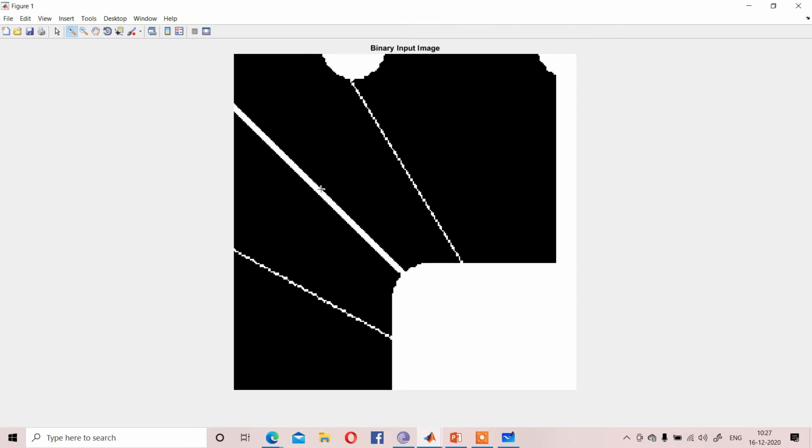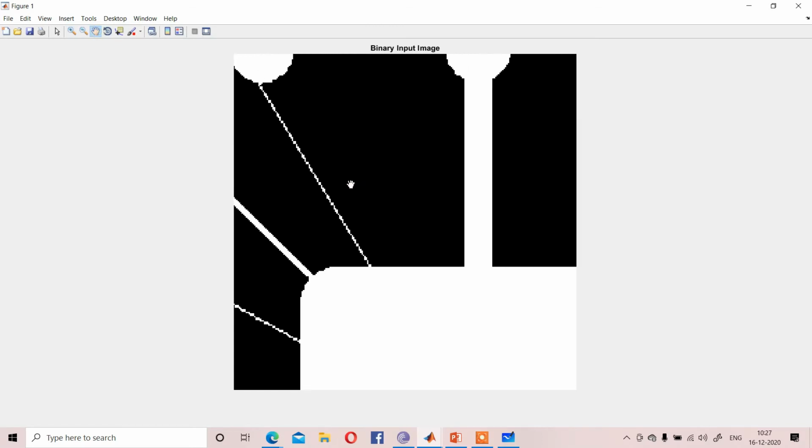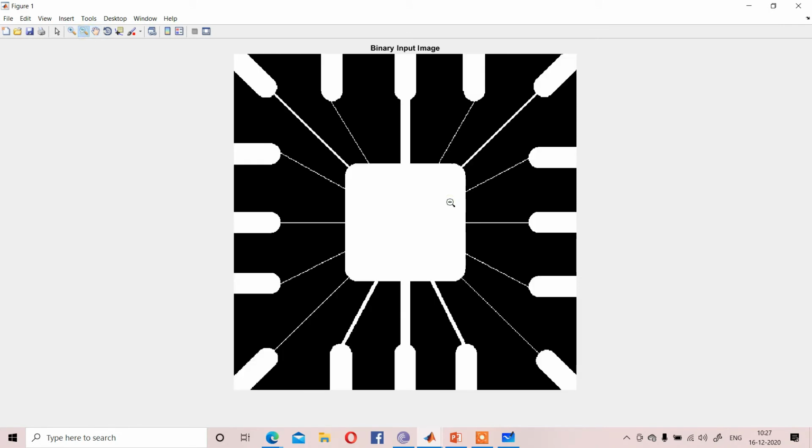Clear? And also this line has more pixels in width compared to these two lines. That is also clear. So whenever you do the erosion process,